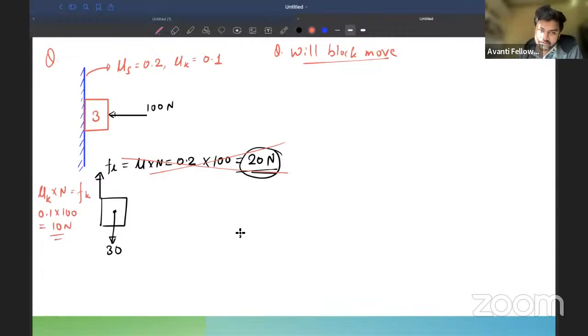That means for this block, let's make the FBD once more. So this is the block of 3 kg. mg is acting downwards, 30, and upwards 10. Yes, the block is moving. This is the frictional force. Okay,